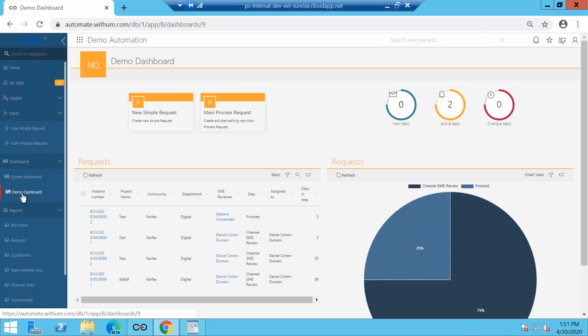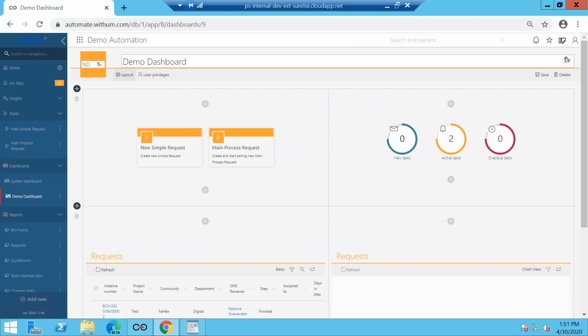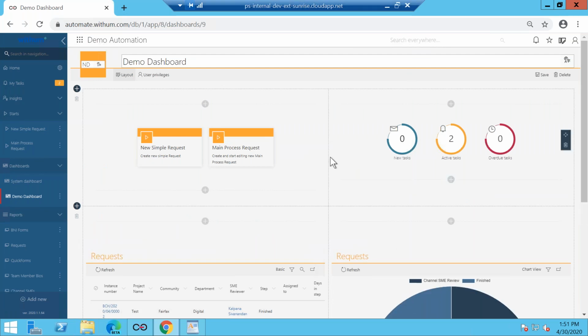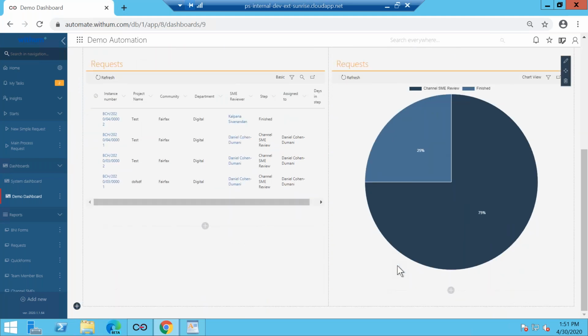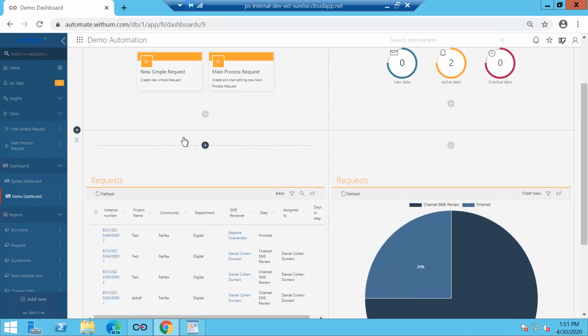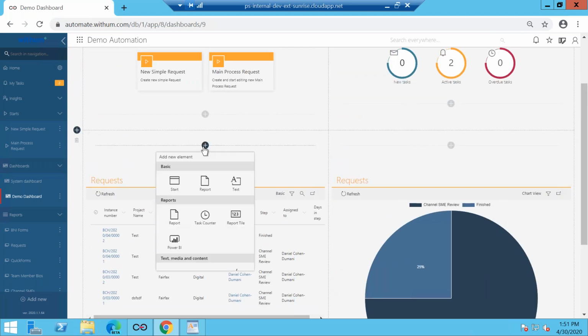So I'm just going to briefly, quickly talk about the dashboards and reports. It is so easy to put together a dashboard. If you're admin or if you have privilege to edit, all you have to do is enable edit mode right on your browser. You don't have to go into Webcon Studio. This is very similar if you have worked in SharePoint. It is very similar to your SharePoint web page. You just have to click on this and you pick what you want to add.